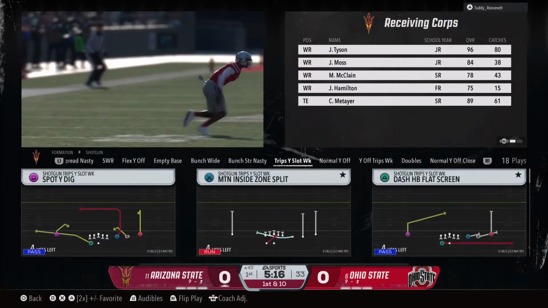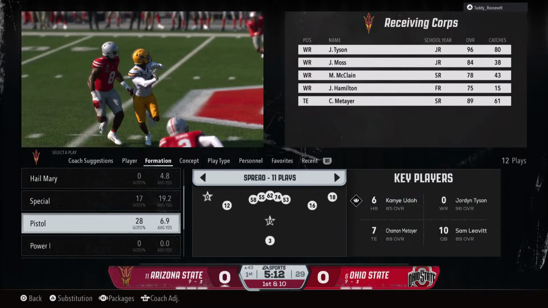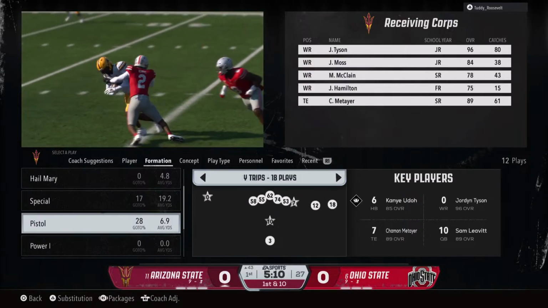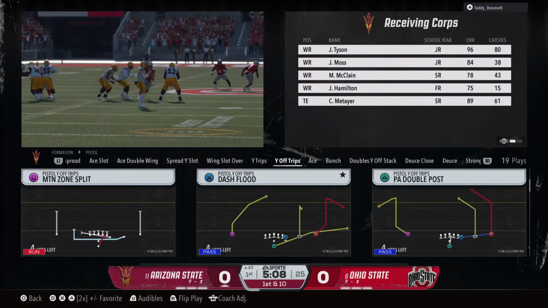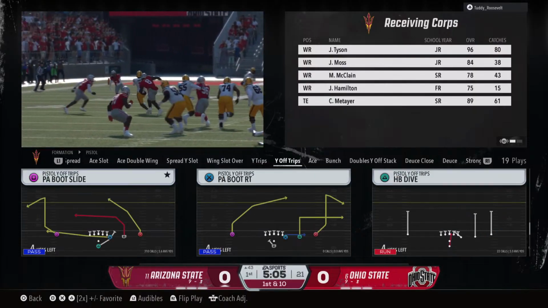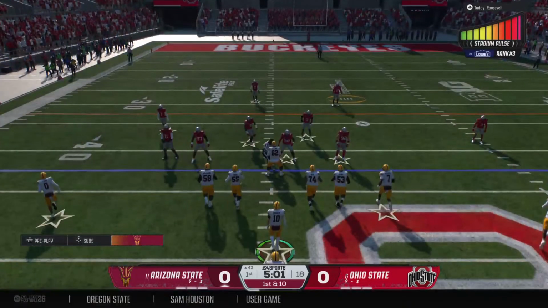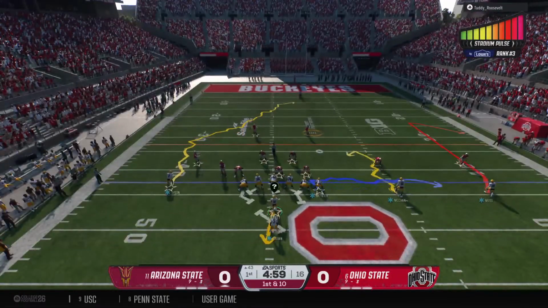Oh, the defense. They get this offense to a third down early in the game, a chance to get them off the field, but instead this quarterback shows you why they've had such a great year with a conversion. And the Sun Devils pick up enough for a first down here.